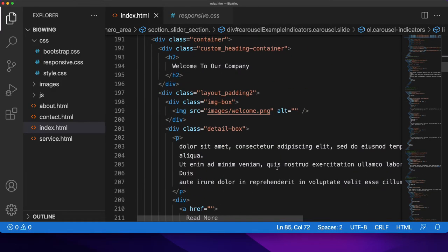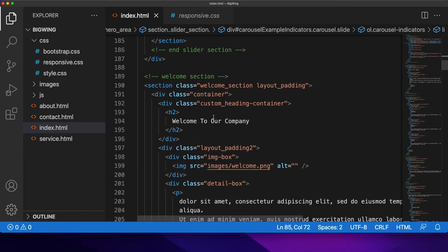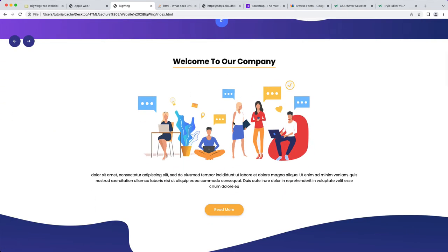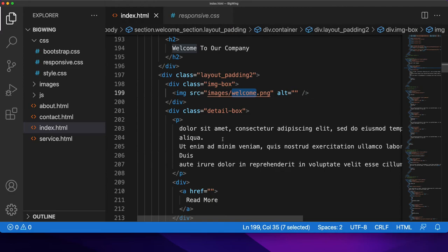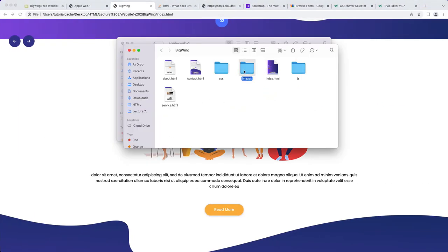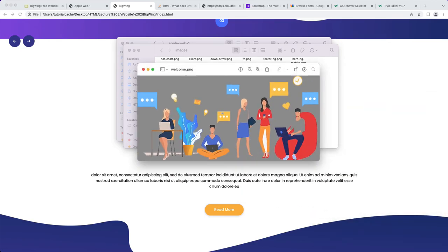So okay, good. Then we have this section which is the welcome section. So this is the welcome section. They have added a picture, welcome.png. So if you go to the images, you will see a welcome.png. This is the welcome.png image. Okay,